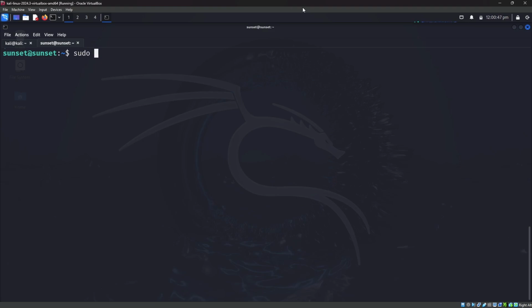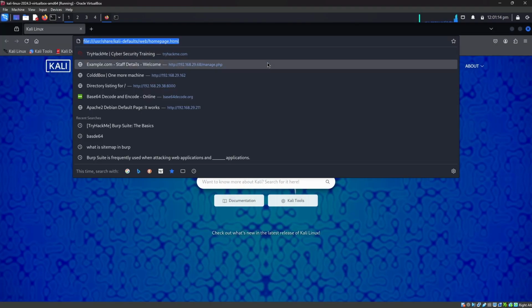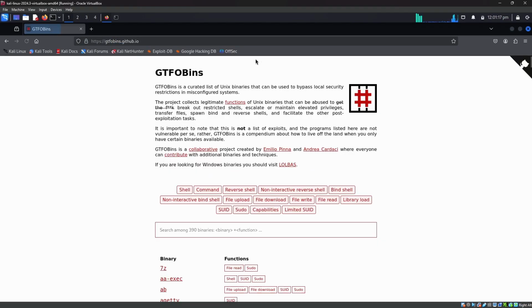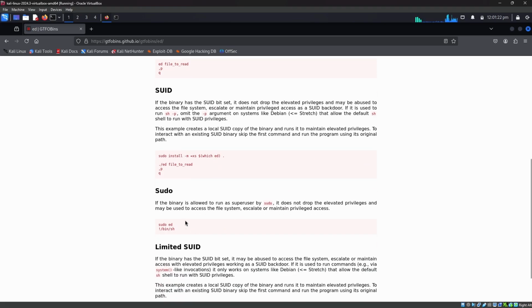The first command is sudo -l to list the privileges. As you can see, in this particular machine, to become root, there is /usr/bin/ed. At the end, when you list the privileges using the sudo -l command, you can see ed, right? If your machine shows something like this, then you can open a browser and search for the GTFOBins website,